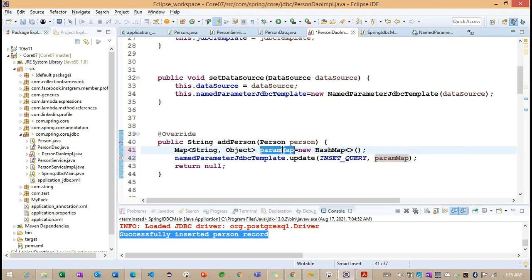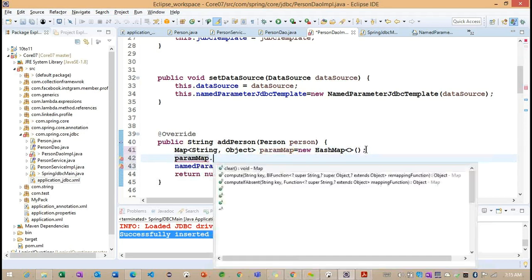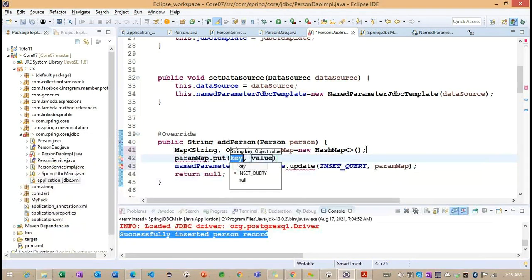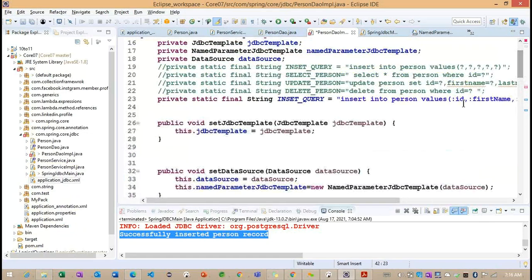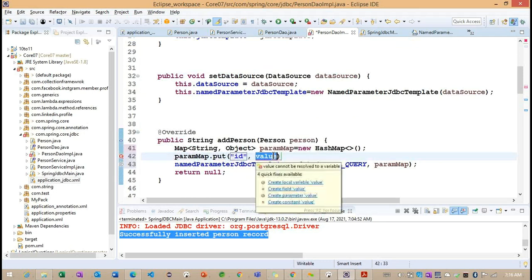So we created one HashMap here. Inside this particular HashMap, we need to provide the values. So what are the values we can provide here? Now if you observe carefully, what I'm doing here is person map dot put. What is a column? This particular column needs to match with the values we provided. So it needs to match with ID.